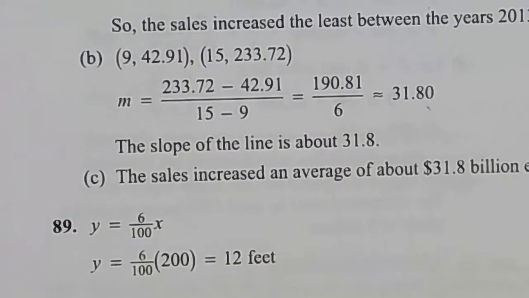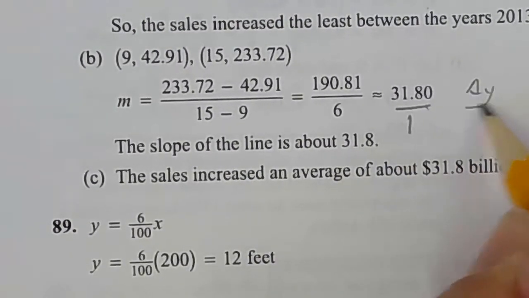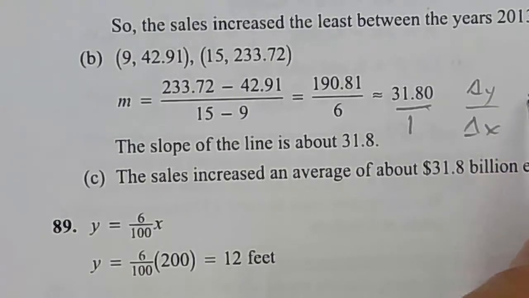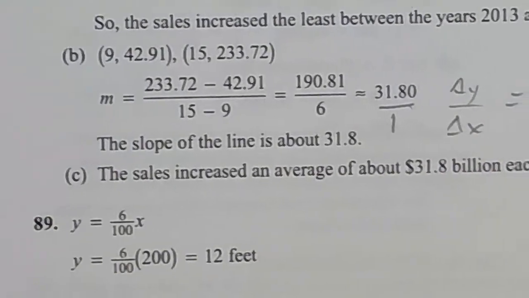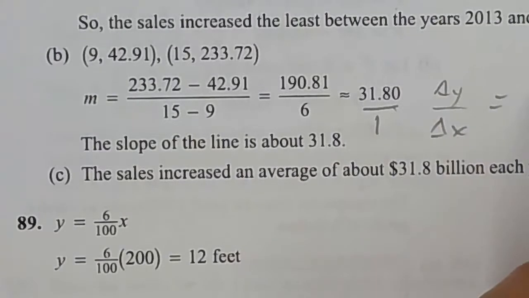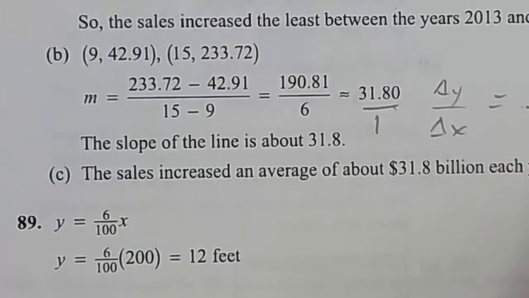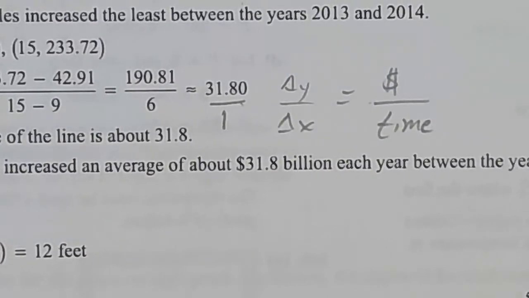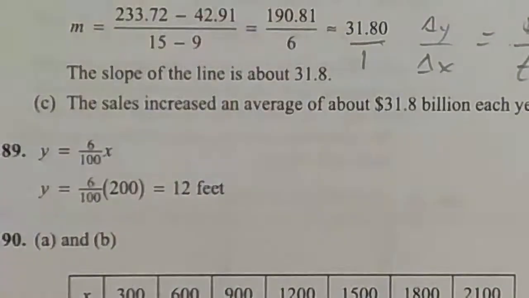Remember, this is where I told you in the notes, get your context. What is the context? Change in y over change in x. So for this one, the change in y was the billions of dollars in sales, and then the change in time was down here, right? It's money over time. Okay. All right, and